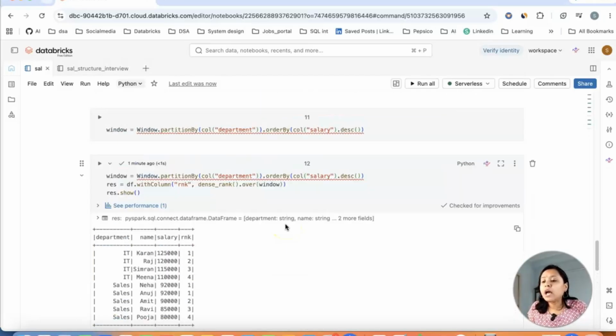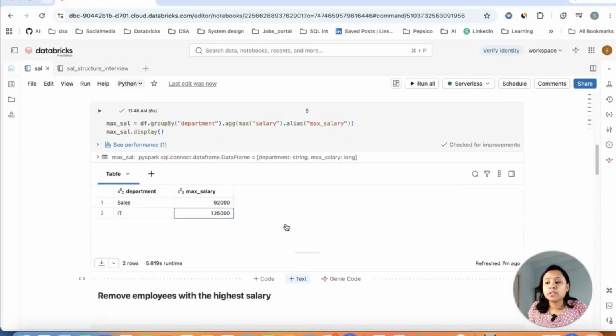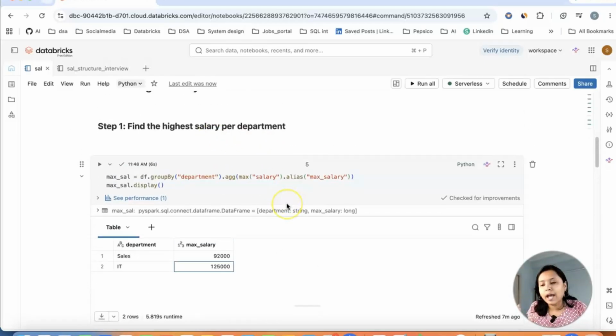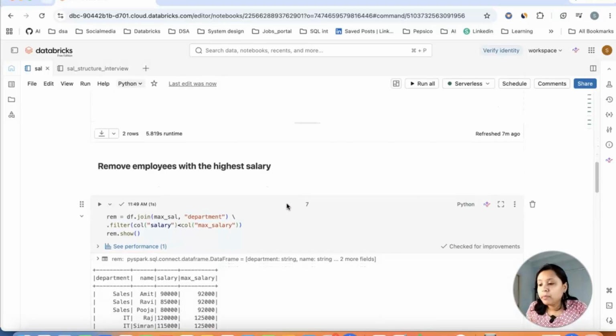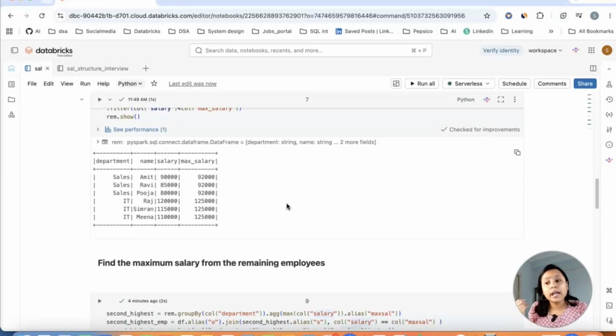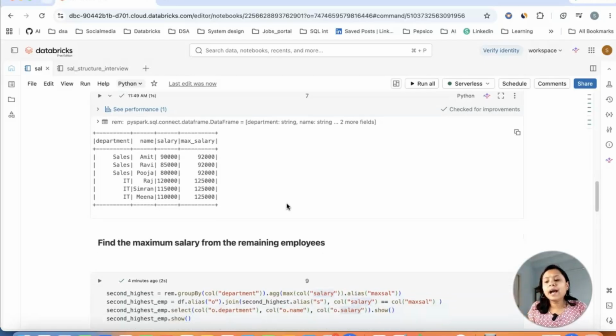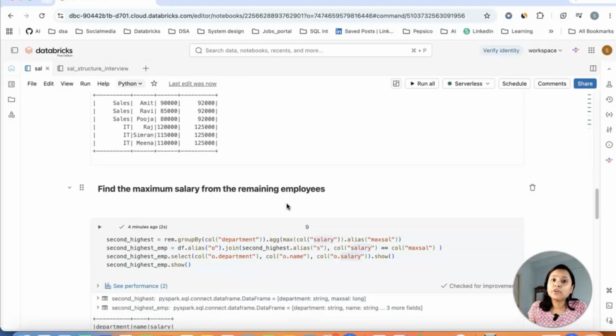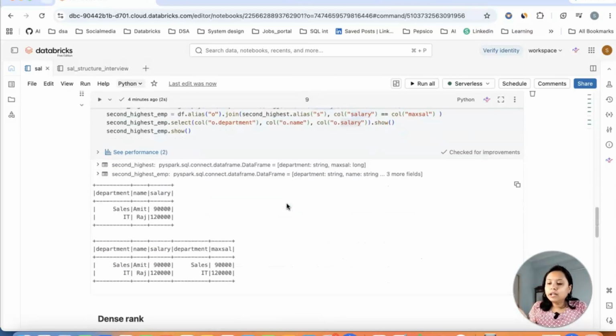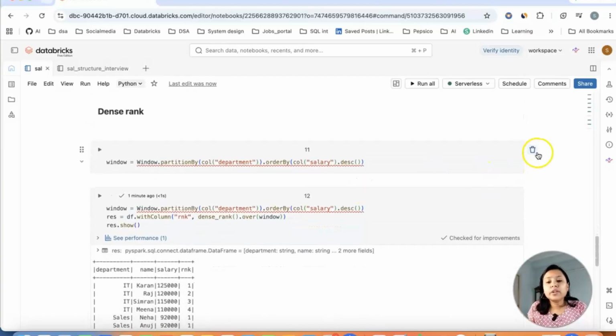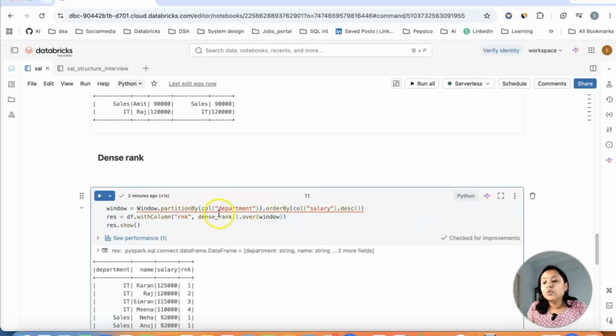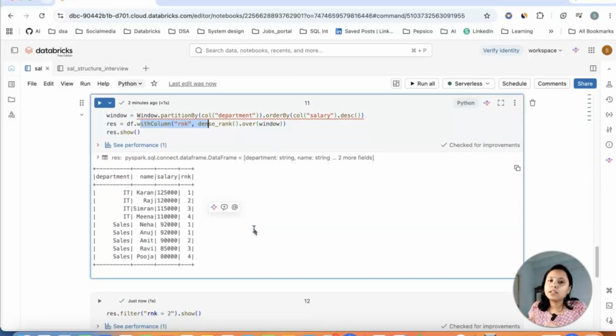So if you see, I did not have to do all these steps that we did before. I find out the highest salary, then I check what are the remaining salaries of the employees, then I actually got the second highest salary, and then from there I joined with the original data frame in order to get all the details of the employee data set. But here it's very simple that you create just a window function. In that window function, you actually go ahead, create a column called rank or dense rank, and you rank it with the help of the condition that you are actually providing, right? So it's just a one-step process, and then you are filtering it out.